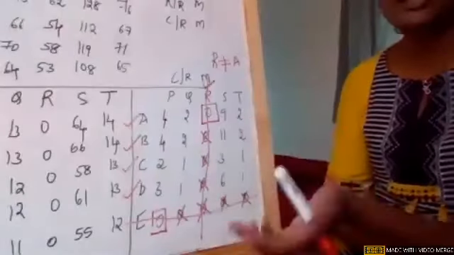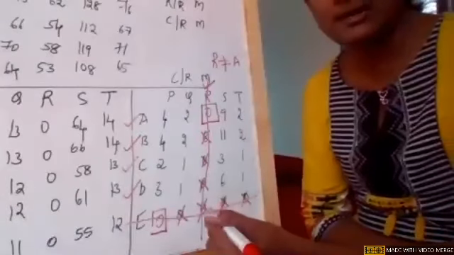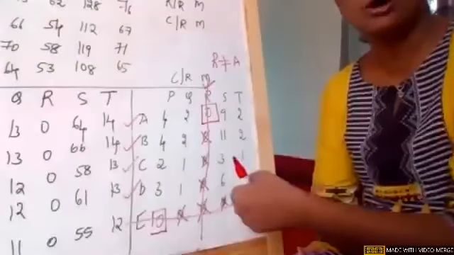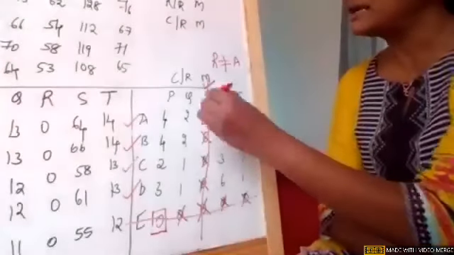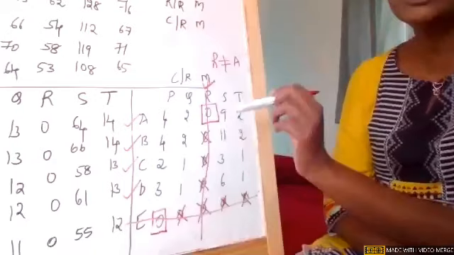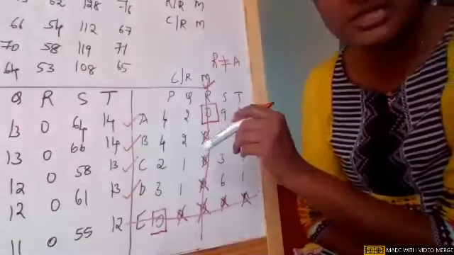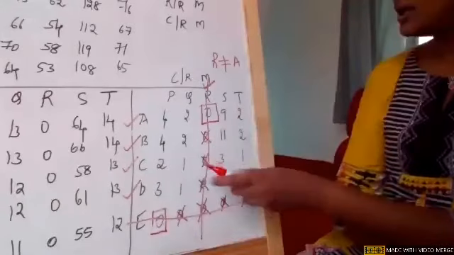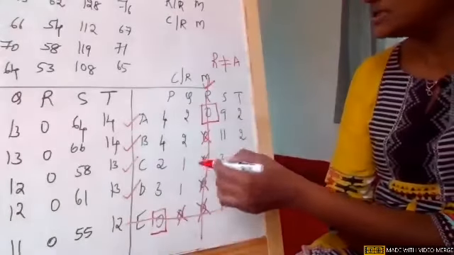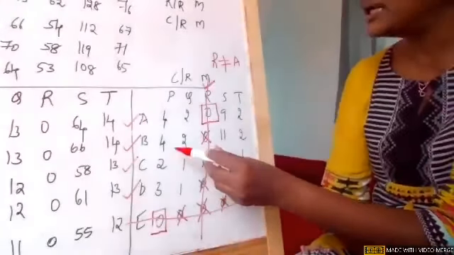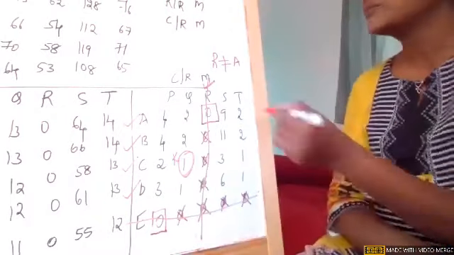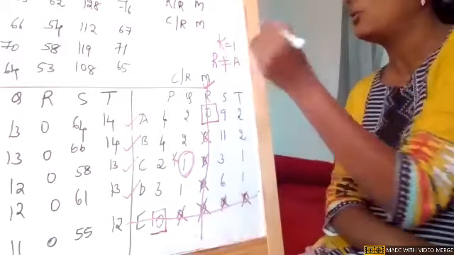So now what did I say again? I'll try to remind you. When the straight lines are drawn, check for the uncovered area. If there is a 0, then your problem is wrong. If there is no 0, you're going on the right path. As per my process, there is no 0 in the uncovered area, and the lowest value in the uncovered area, name it as K. So K is equal to 1.